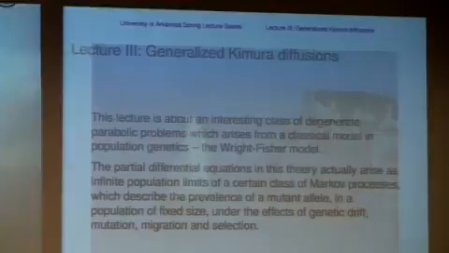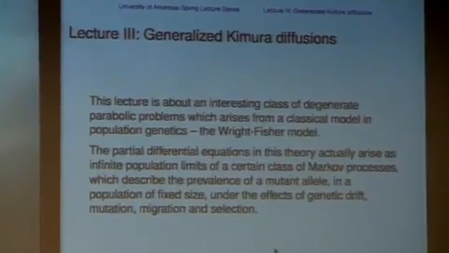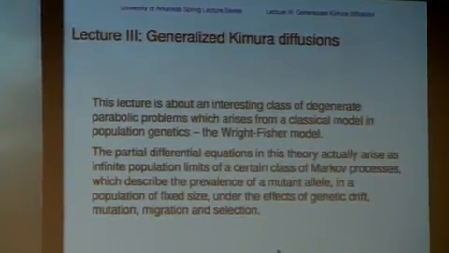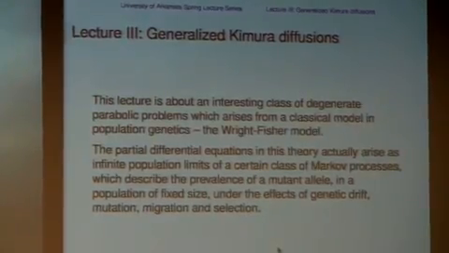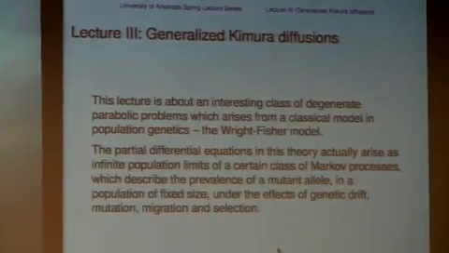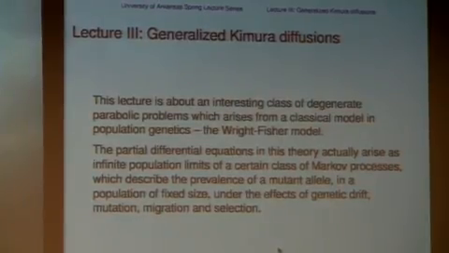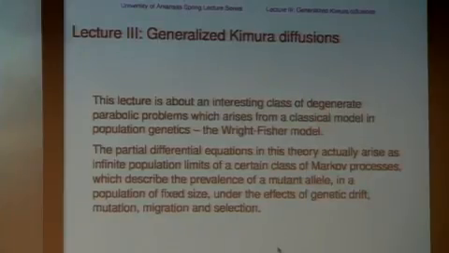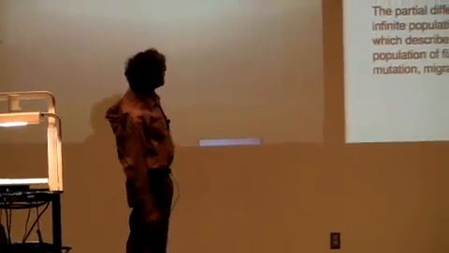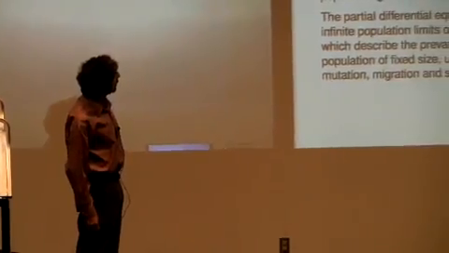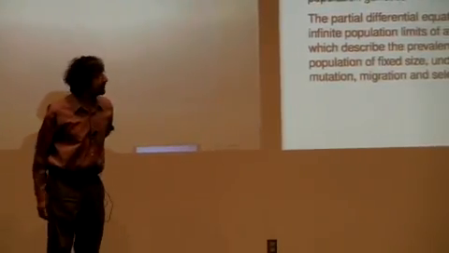Okay, so today I'm talking about something that's in the same ballpark as what we were doing before, namely, as I promised you, a case study of a certain class of geometric equations that can be studied by the same sort of ideas which I was introducing yesterday. It fits into the same picture. It's not a problem that comes out of geometric analysis, though, as much of the rest of what I was talking about does, but rather a problem that came out of population genetics. And since it's joint work with Joe, that's easier.